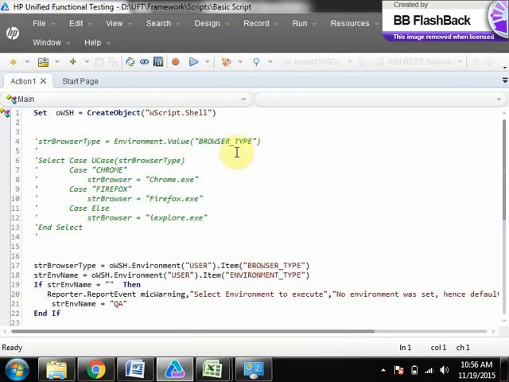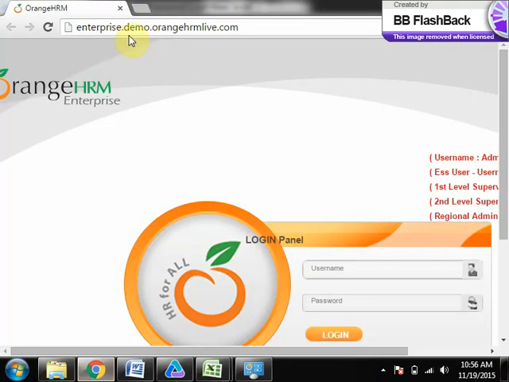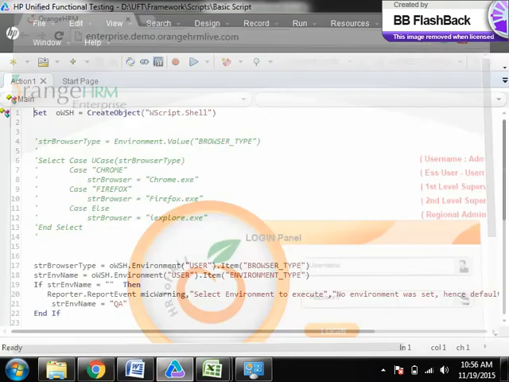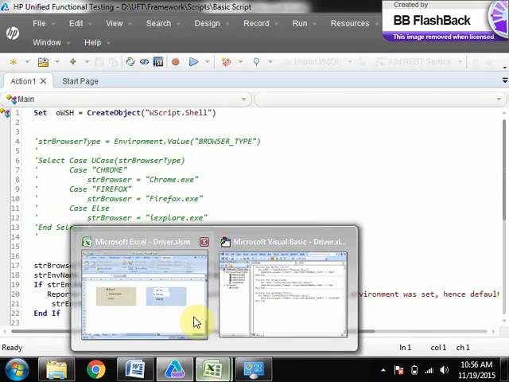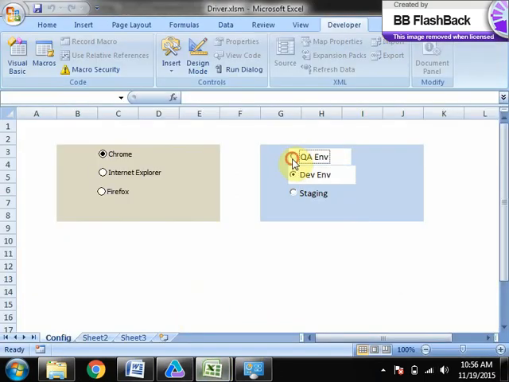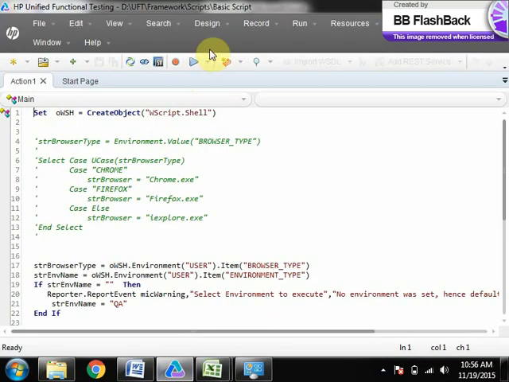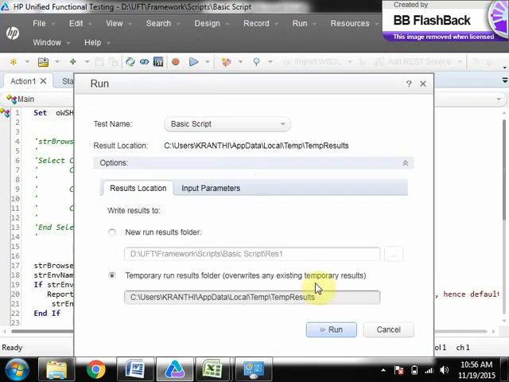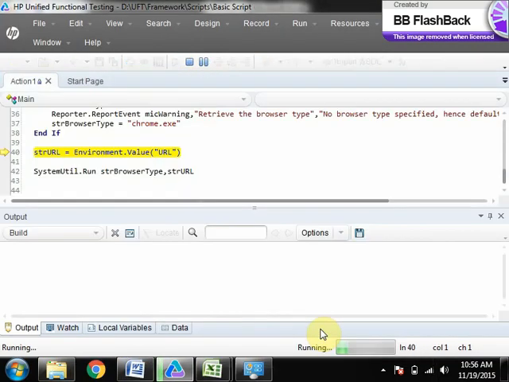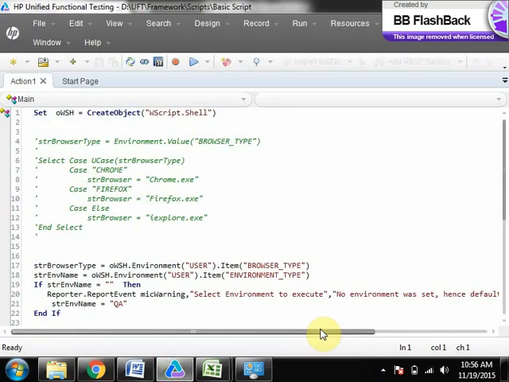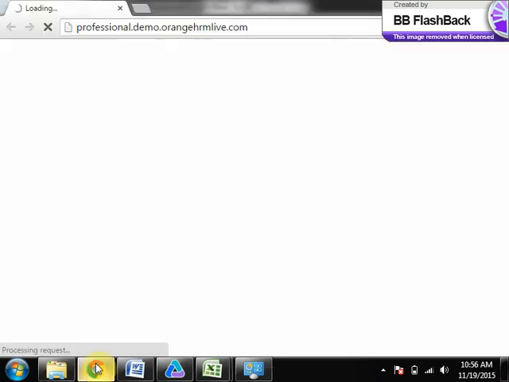And it should be Chrome browser and enterprise because that's a dev. Same thing, now I want to run in Chrome browser and QA environment. Select this option. It should be professional, right?